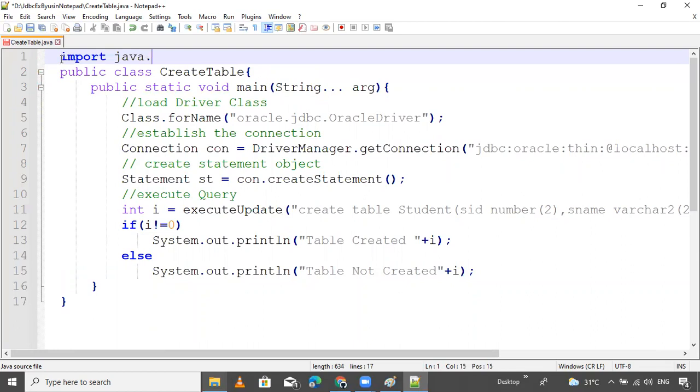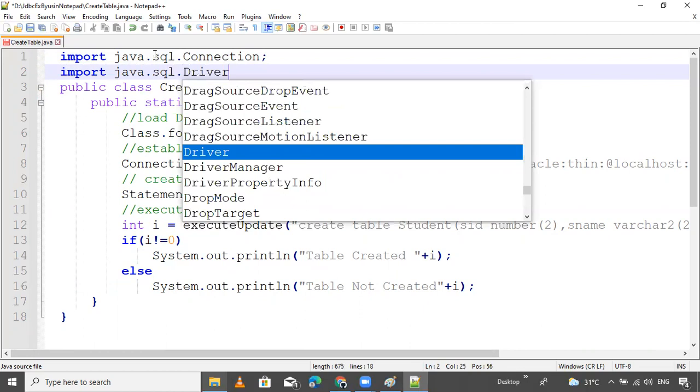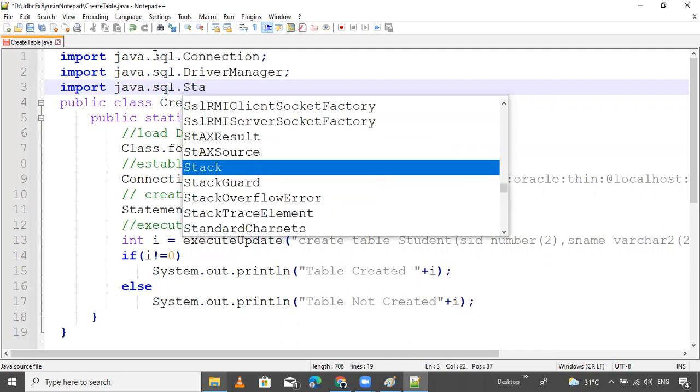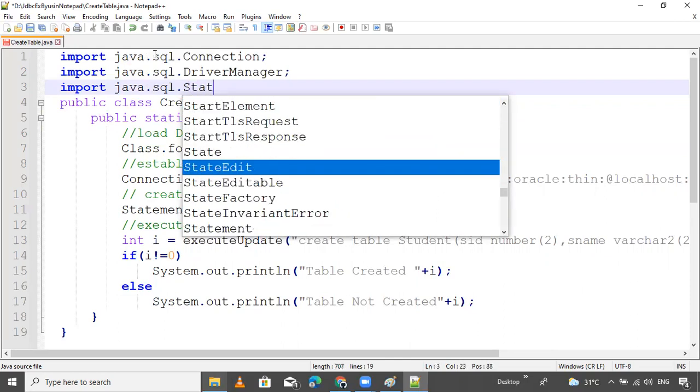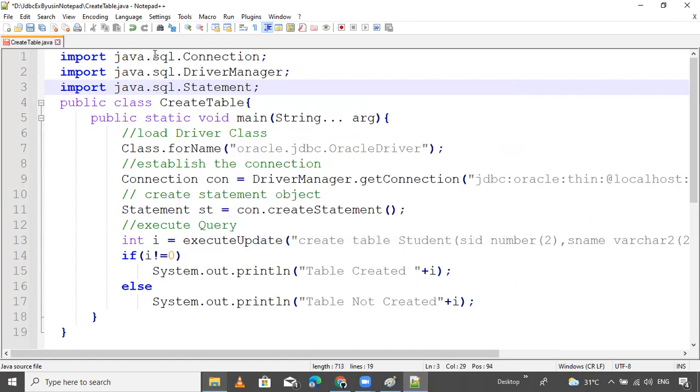Import java.sql.Connection, where the connection interface exists. Then import java.sql.DriverManager, and next import java.sql.Statement. Yes, Statement. That's it.